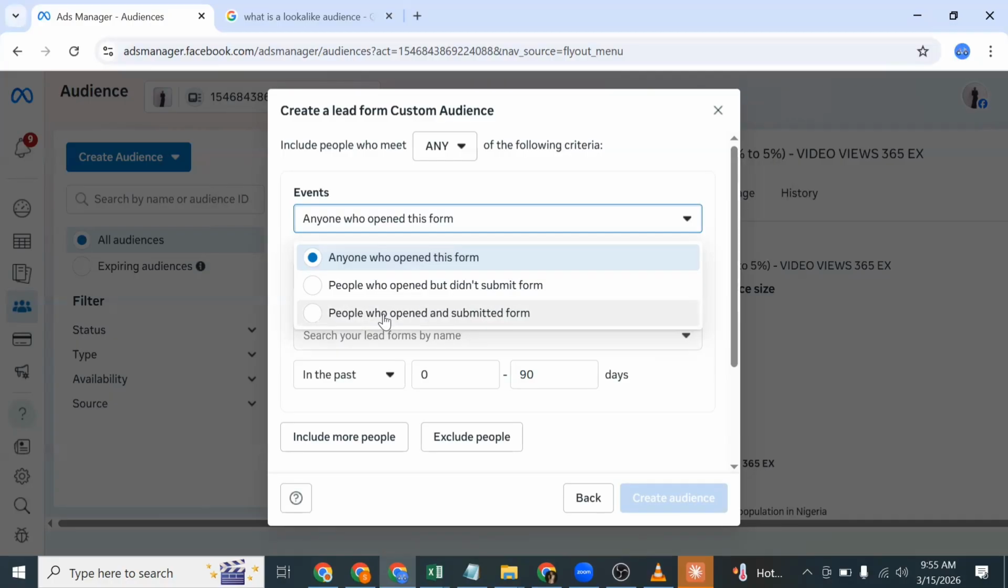What I do, I can tell you honestly, I create for 3 of them because people who open the form is going to be far more, they are going to be bigger and wider than people who opened and submitted. Do you understand? 100,000 people might have opened the form, but only 10,000 people actually filled those forms and submitted it. So for now, let me go ahead and create